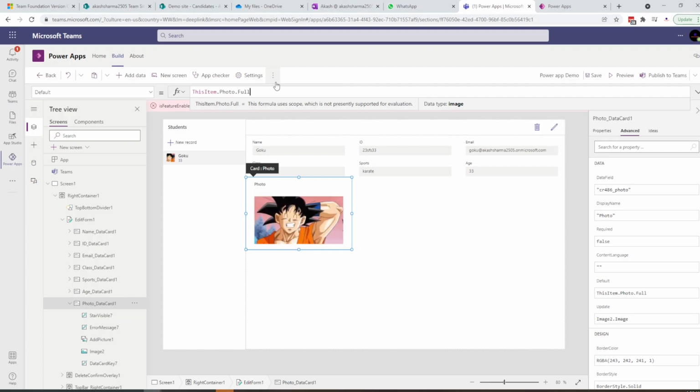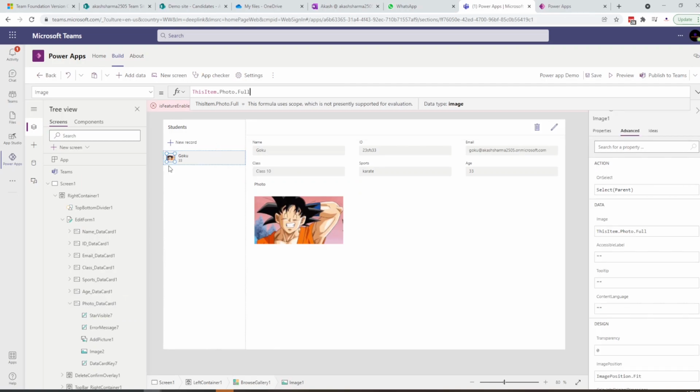So let's select full and it improves the quality of the picture. You can already see that the previous picture was kind of a blurry image. Basically, it's a thumbnail image which Power Apps creates by default. The same thing you can do in the gallery, and that's it. Save it and give it a try, and you will see.